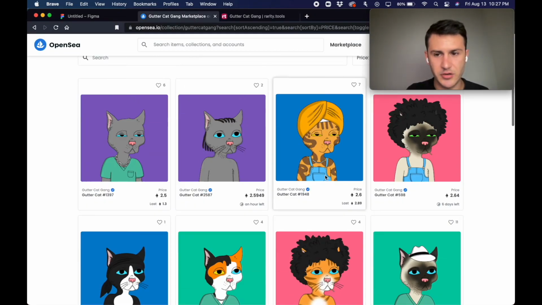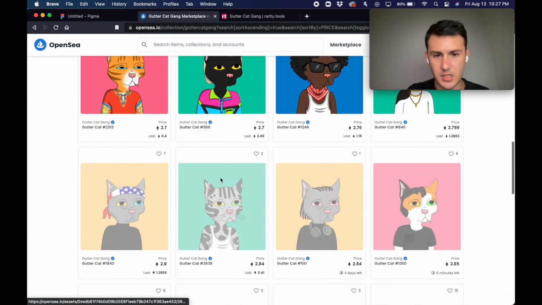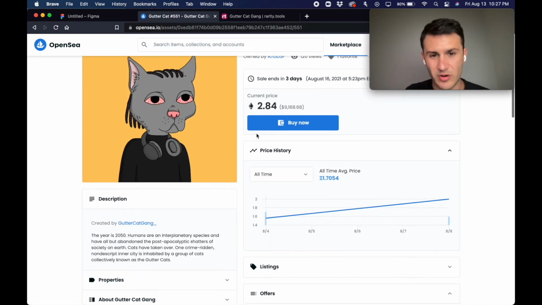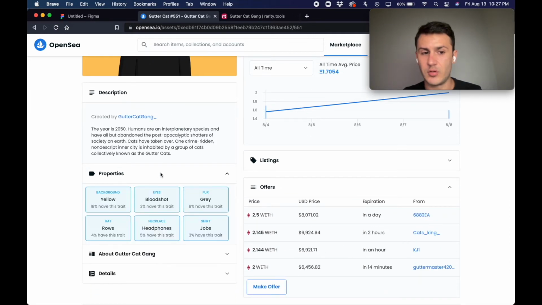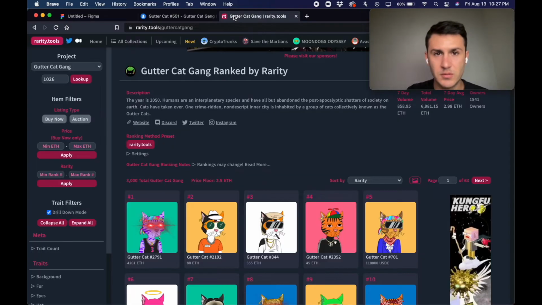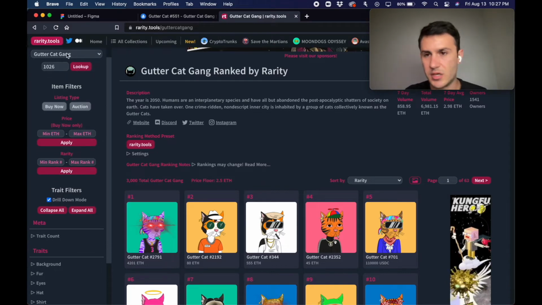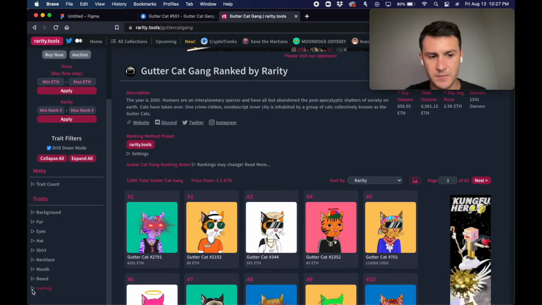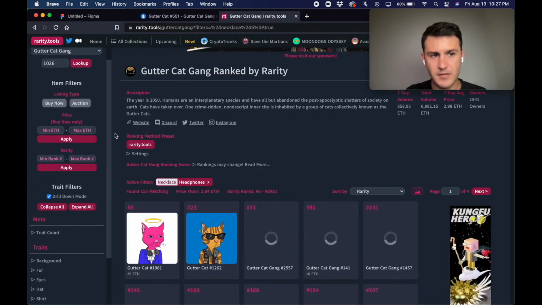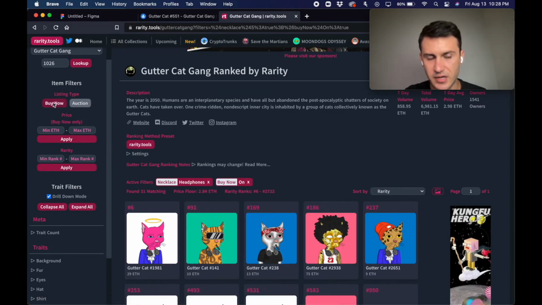Maybe you were searching and you're like, yo, I love this one with the headphones, right? Is it worth it for me to pay 2.84 ETH? Because it has headphones. I see that headphones is only a 5% trait. You could come to Rarity Tools, choose the collection, go down to the traits, go to the necklace, I think it was, click headphones, filter by buy now, that means what's on sale, sort by price, low to high,